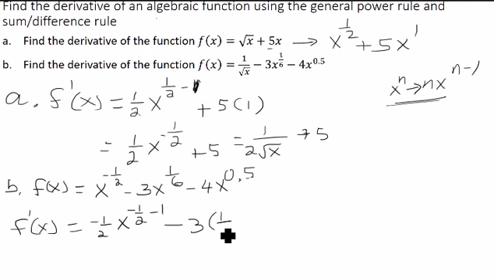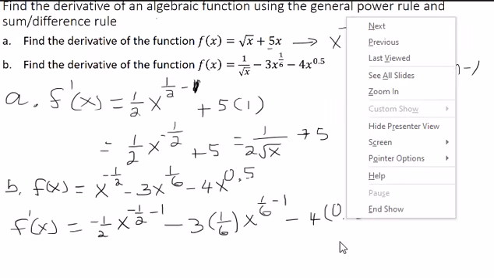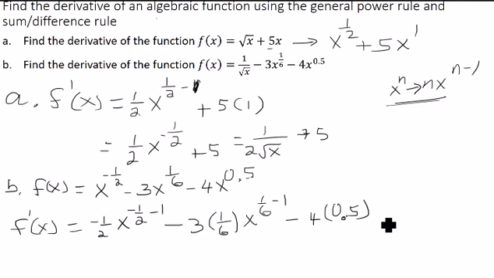And then minus 4 is coming from the previous line, and then you have to move 0.5 to the front, so that's going to multiply the 1/4 rather, and then x to the power 0.5 minus 1. So it needs a little bit of cleanup here. After we clean up all of these, we get negative 1/2 x to the power negative 1/2 minus 1, which is going to be negative 3/2, and then minus 3 times 1/6, you can cancel the common factor, so that's going to give you 1/2, and then x to the power